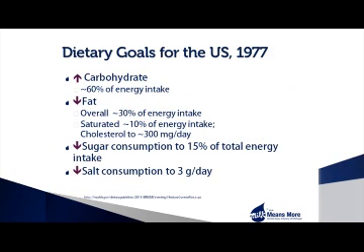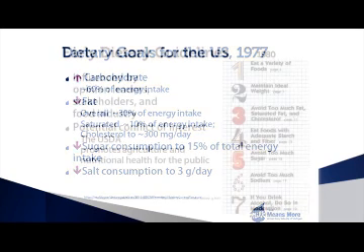Dr. Keyes and the 7-country studies had enormous influence on the country's public health and nutrition policies. Responding to the growing support for the lipid hypothesis among the public, in 1977, the U.S. Senate Select Committee on Nutrition and Human Needs published the first set of dietary goals for the United States. The recommendation emphasized nutrients to avoid, particularly dietary fat and cholesterol, as a means to prevent chronic cardiovascular disease, rather than on beneficial foods to consume for optimal nutrition.